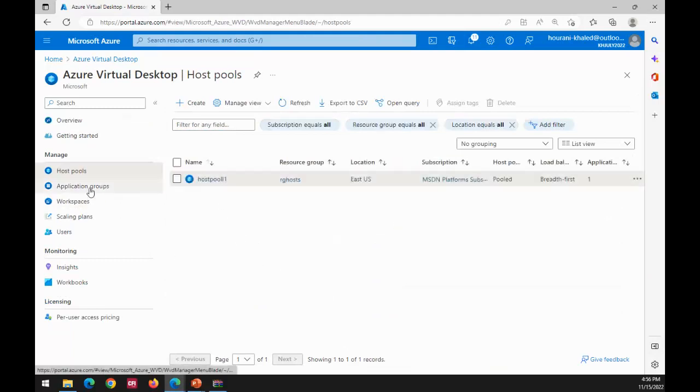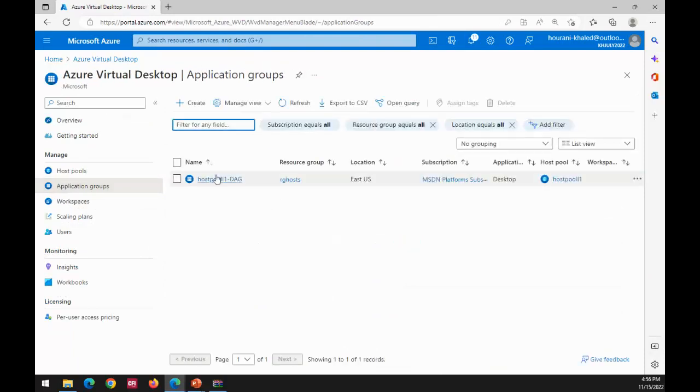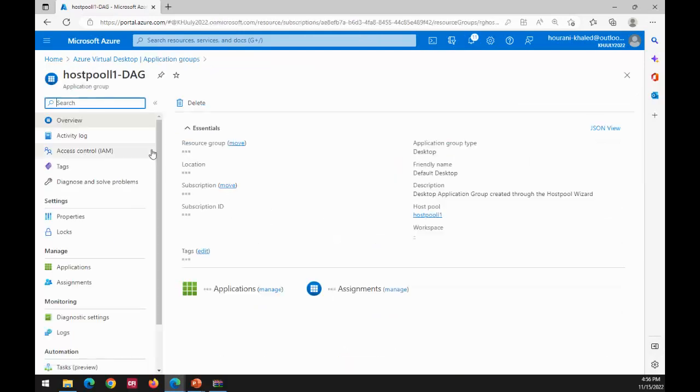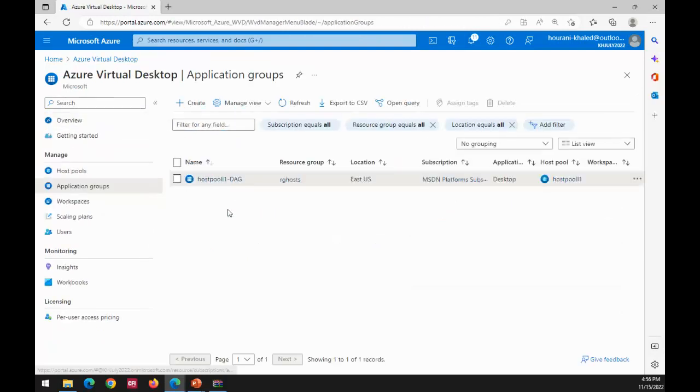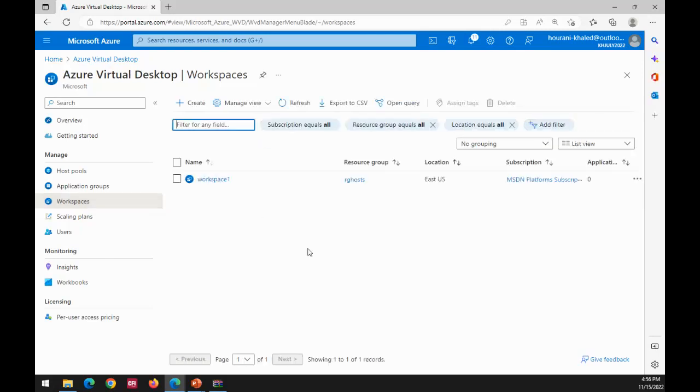I got back here. Here are the application groups. Application groups is where I host my applications that I need to use during my sessions. I can have Office. I can have any customized application I might need. This is the application group, and this is the workspace that is the container that includes all these. Of course, you will see that, and you will be working with that during your